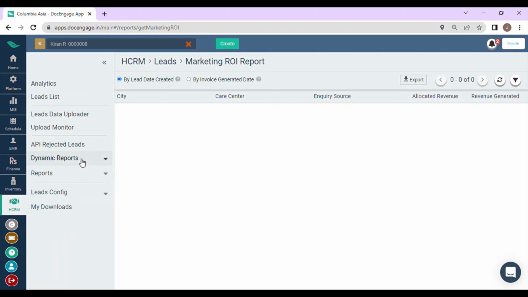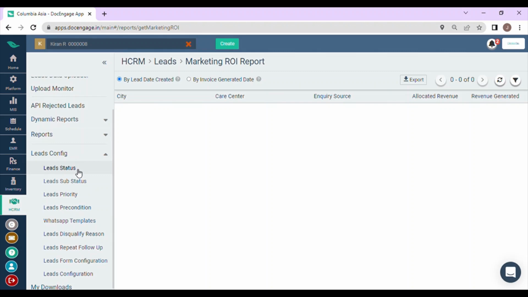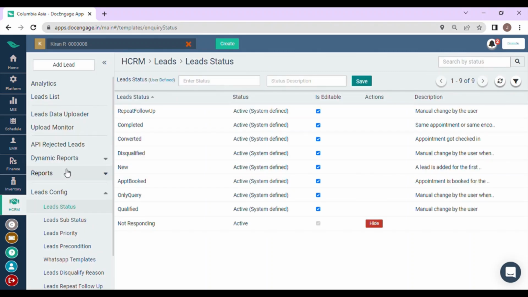Next is dynamic reports. I have told the reports also, and I have told API rejected leads, dynamic reports. Next one is leads configuration. Here I'll show how to add status, substatus, priorities, and all this configuration. First one is nothing but lead status. I just told you we have lead statuses like new, updated, converted, disqualified, completed, appointment booked. So all these are system defined